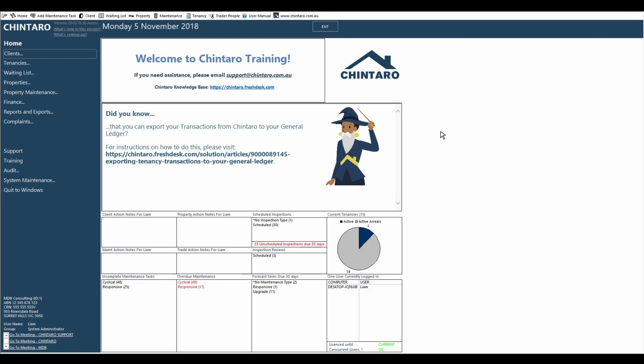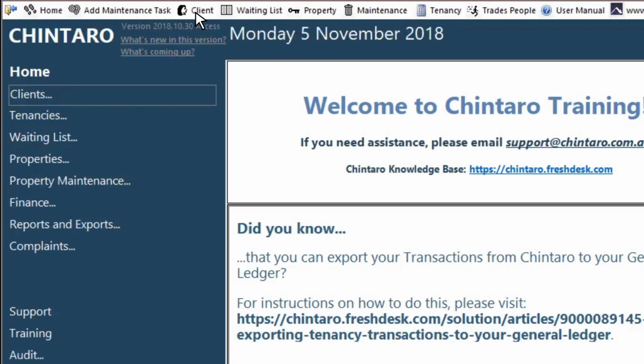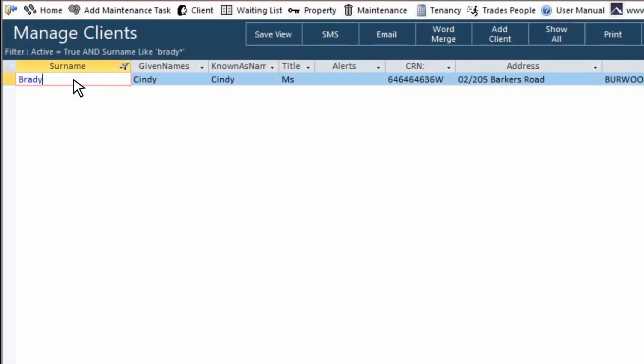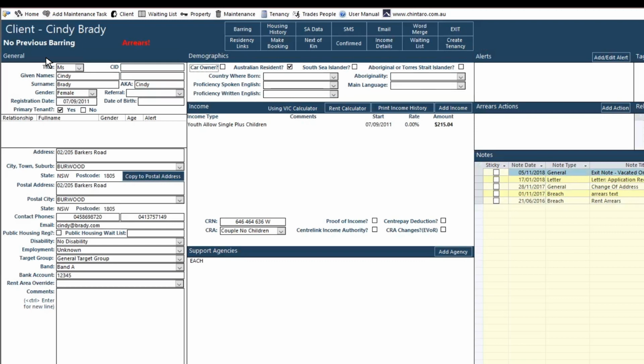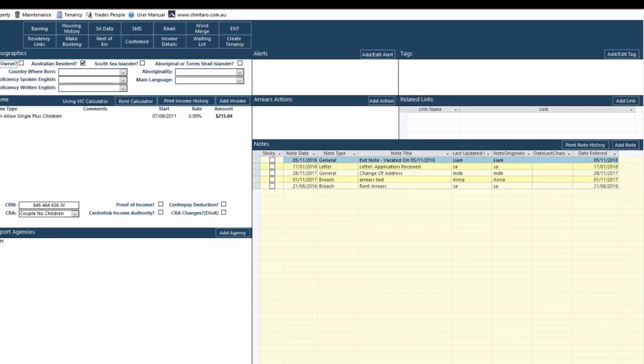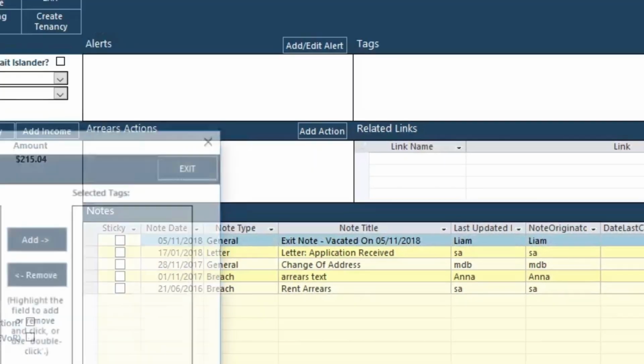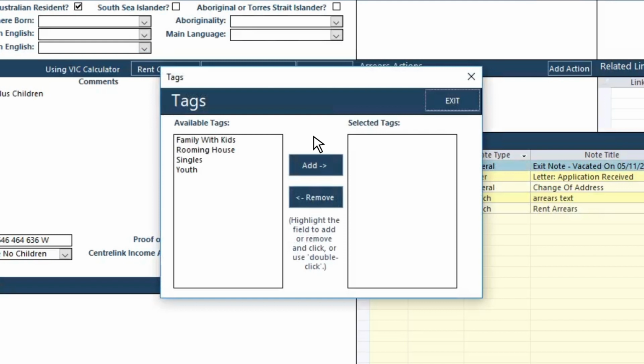ways. To add tags to a client, from the home screen, we click Client in the toolbar, search for our client, and double-click their row to open their client screen. The tag section is here, and we can add a new tag to a client by clicking Add Edit Tag. The tags that we see here are the tags that are already set up in our system, and we can